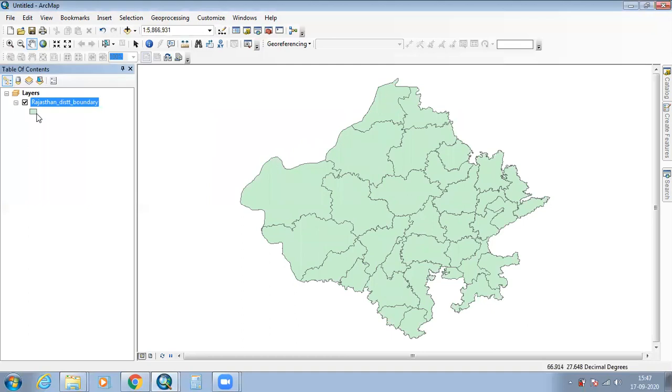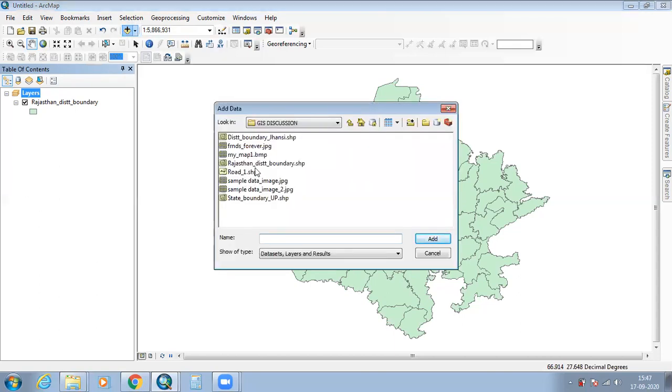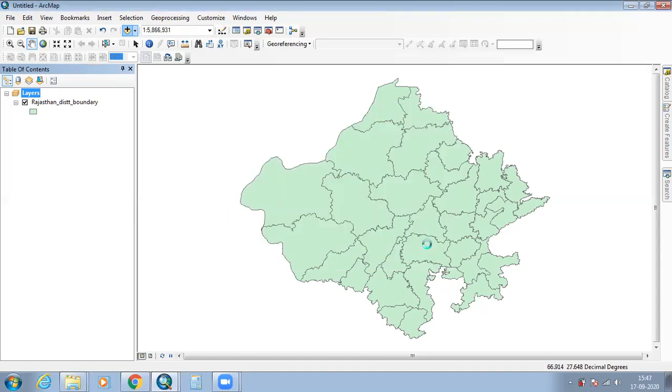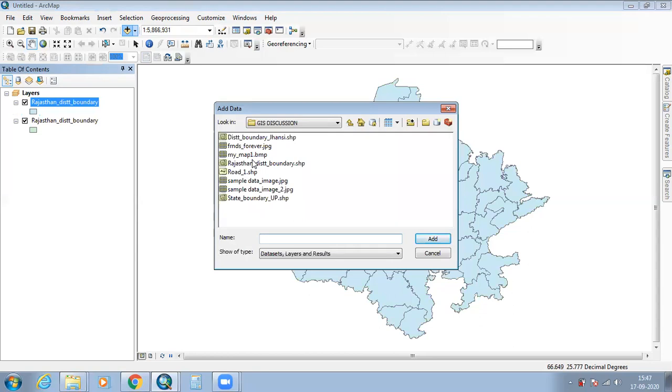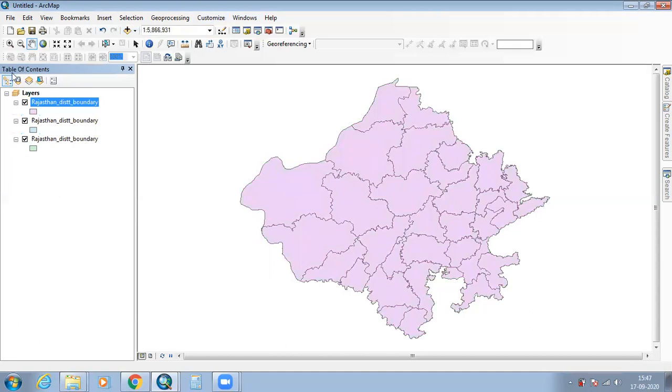One point to be noted here is that if I add this layer again, it will be represented in another color. And if I add it many times, it will be represented in other colors automatically.